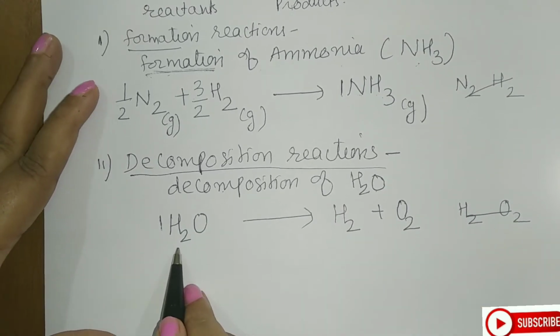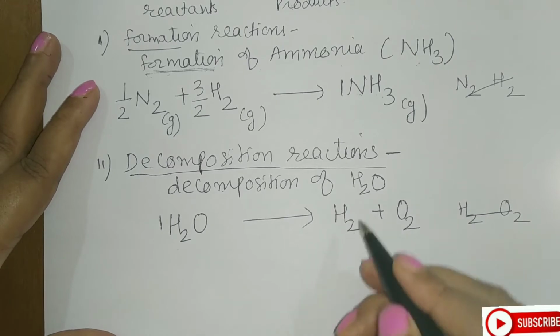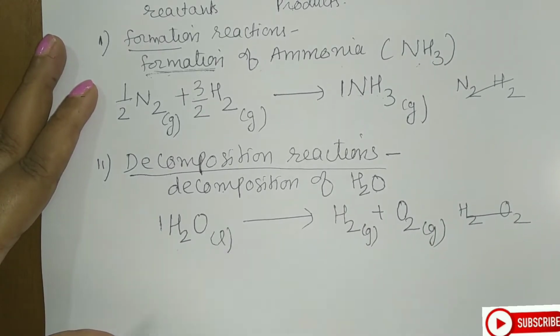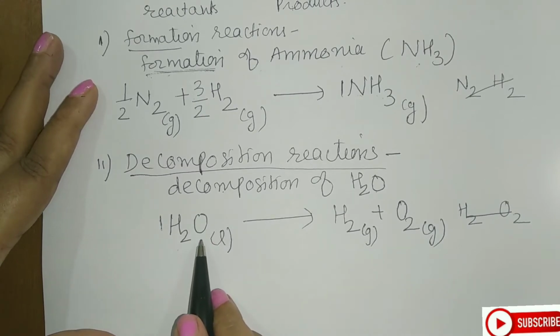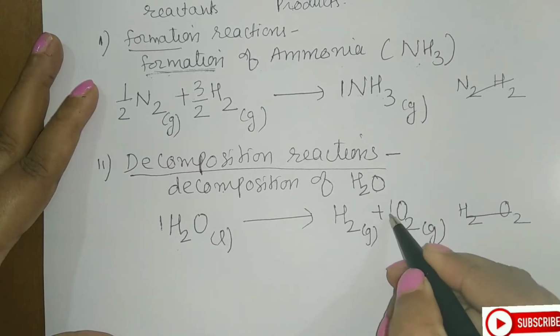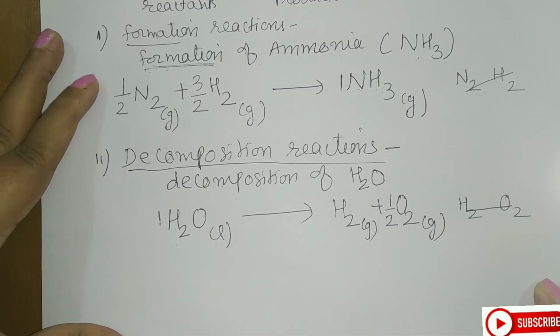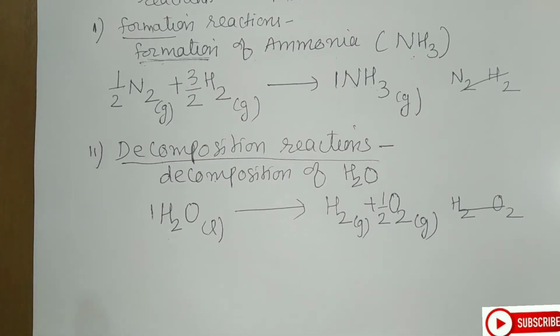If I see here hydrogen, this is 2 and this is 2 here. This is balanced. So let us write the physical states here. Now if I see oxygen, this is 1 mole, so I will just write here half. Now the reaction is balanced. Students, you have to remember this, that until and unless the question demands you to take 2 moles or 3 moles, you will always balance the reaction in terms of 1 mole.